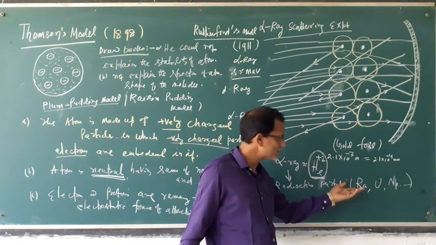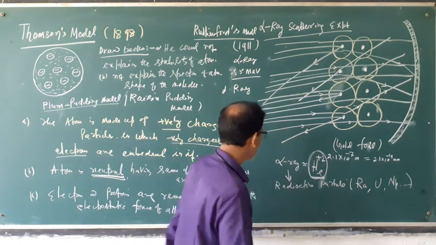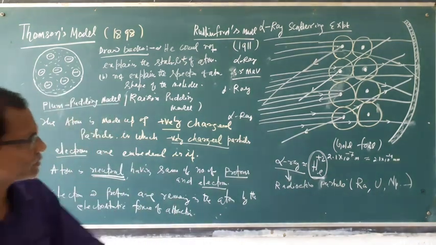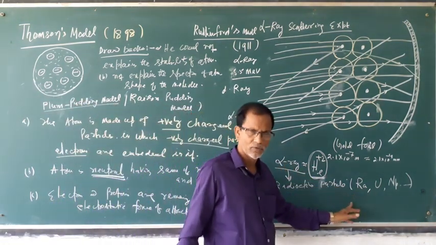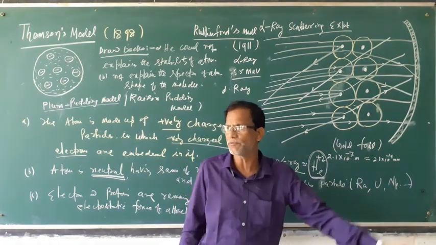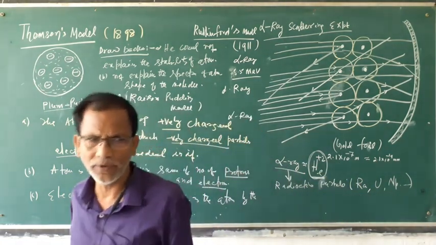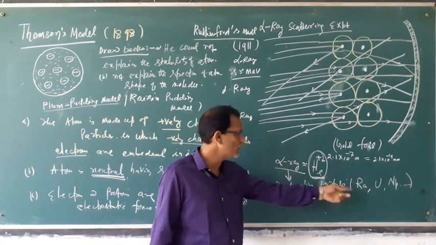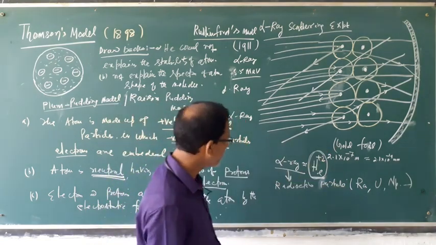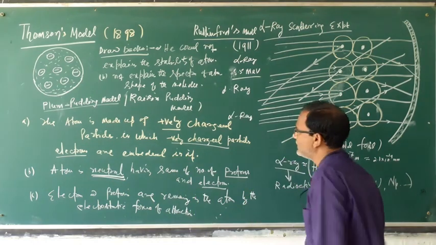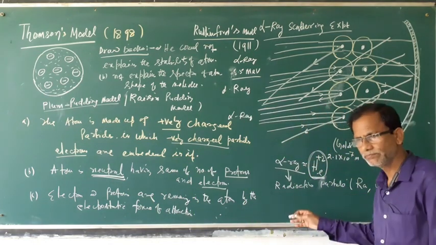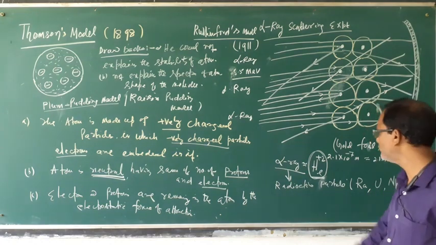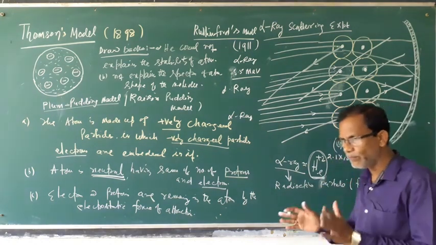Then from these, alpha rays are produced. These are the sources of alpha ray. For the production of alpha ray, we can use radium. Anyway, these alpha particles are obtained from the radioactive substance, and the rays will pass through